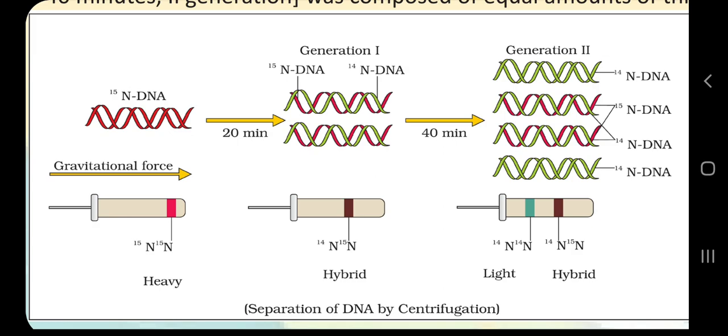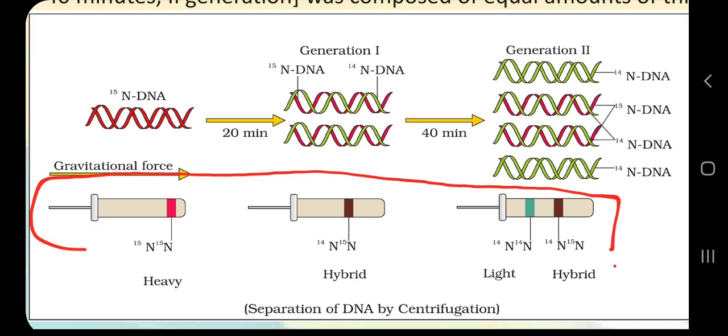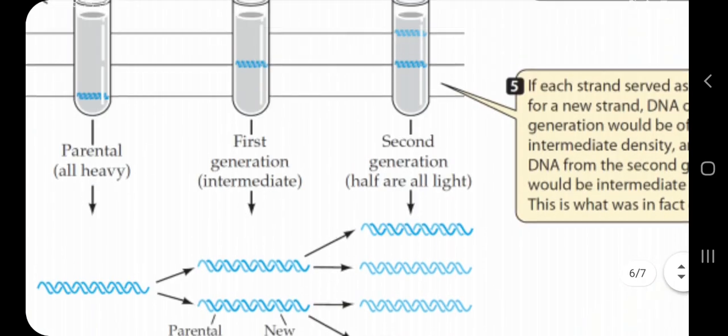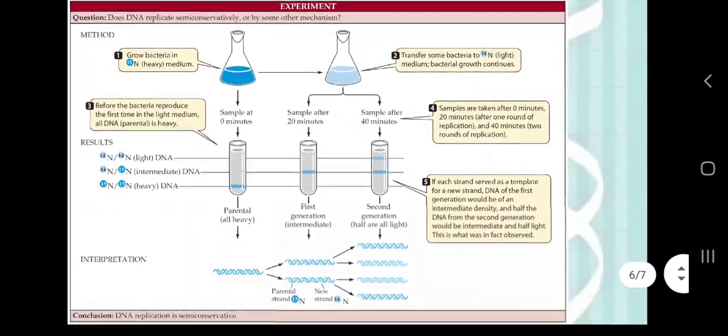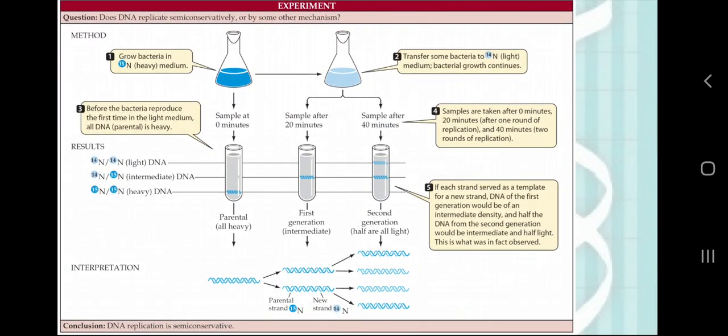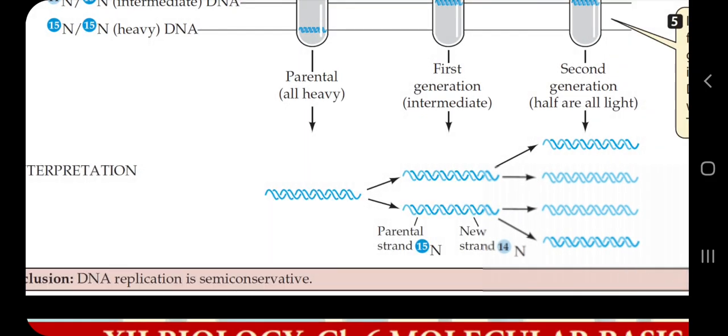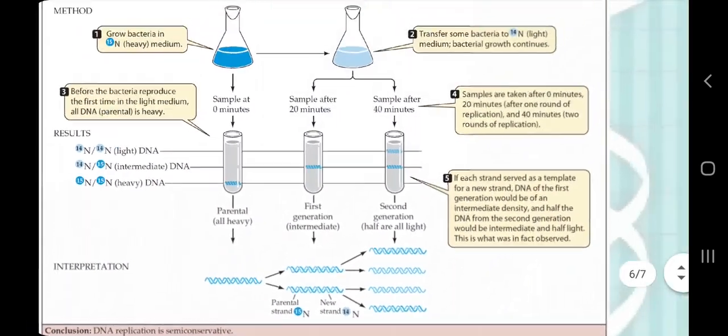So this is the experimental diagram of test tubes, but I have included one more diagram to give you the idea of upright test tubes, because here we are not able to locate where is 15N and 14N. Now you can see the 15N is in the bottom, the 14N which is lighter is somewhat upper, and this is somewhat in the middle. Again coming to the previous diagram, this diagram will give you the complete idea of the experiment, which is a very good diagram. But yes, if you want to understand the interpretation, please refer to the NCERT diagram for more illustration. So this is how we are able to understand the experiment.